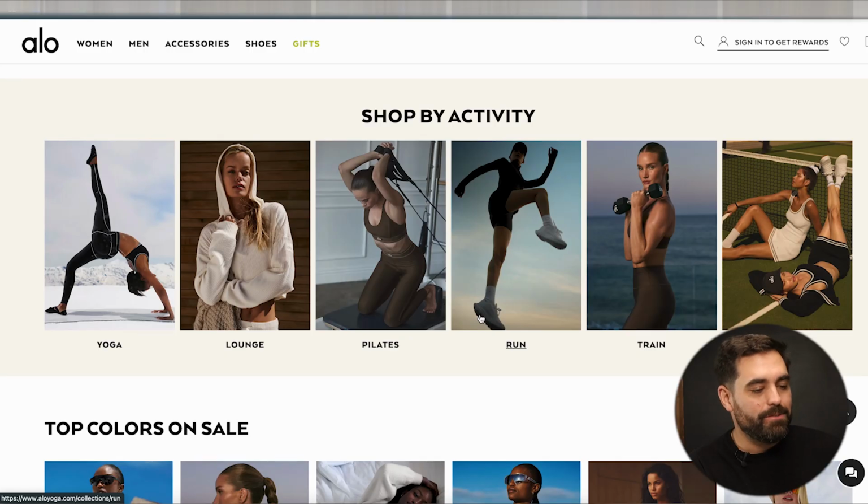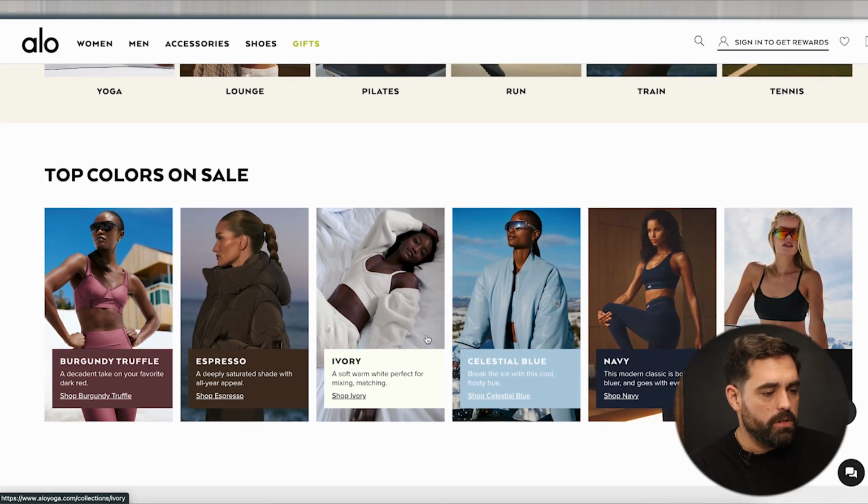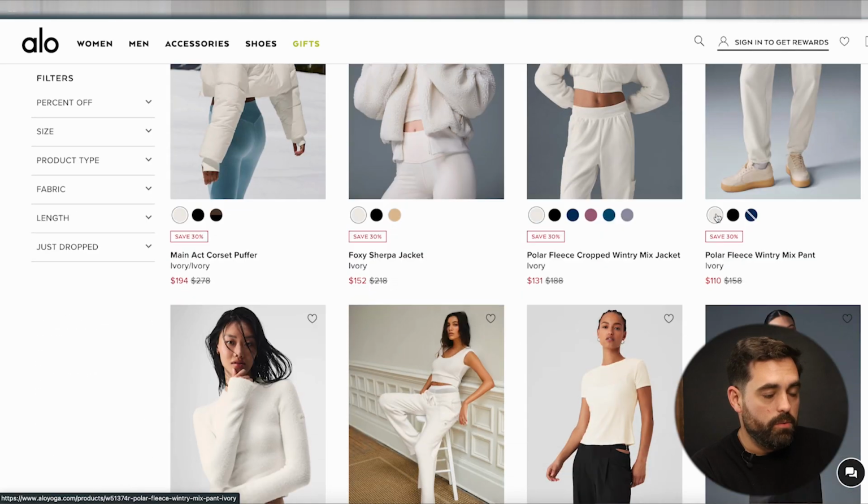Now, in order to do this, they're very simply just creating some new collections in the back end. You have yoga, lounge, Pilates, run, train, and then for the colors, you have Avro, Espresso, Burgundy, Celestial Blue, Navy, etc. And as you can see, when we hover over some of these, they've actually created these collections. So you can see that the URL structure right there is collections for store/ivory. So this is a whole collection that they've created right within here